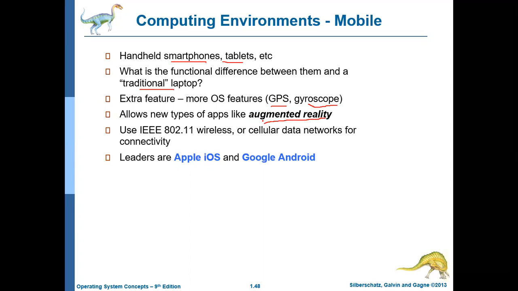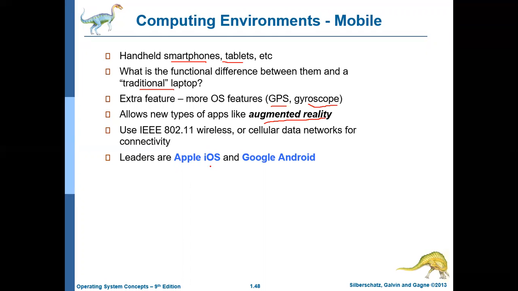Augment means it adds some value to the reality. Say, for example, you are able to see Google Maps, so that is augmented reality. Reality is the road, but you are seeing a logical version of that in your mobile phone. It uses protocols like IEEE 802.11 and other protocols for communication.